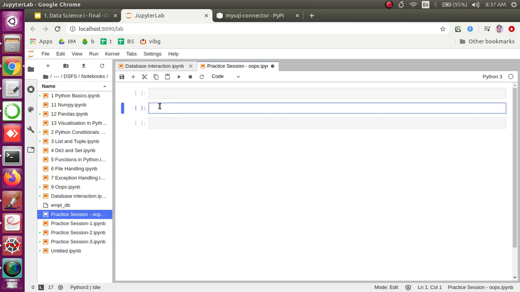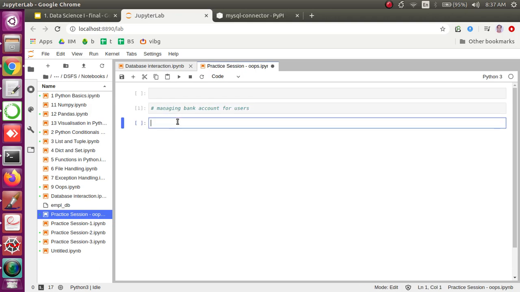class. So I will take one consolidated example that will help you understand the overall object-oriented concepts which we have discussed with the basic examples. So this time maybe I'll work with managing a bank account. Let's say managing a bank account for users. Okay, so let's write a small piece of code,